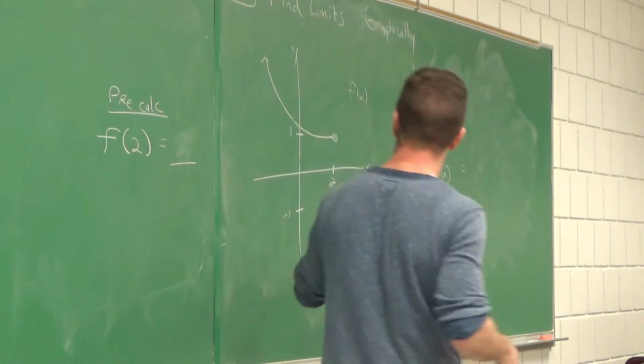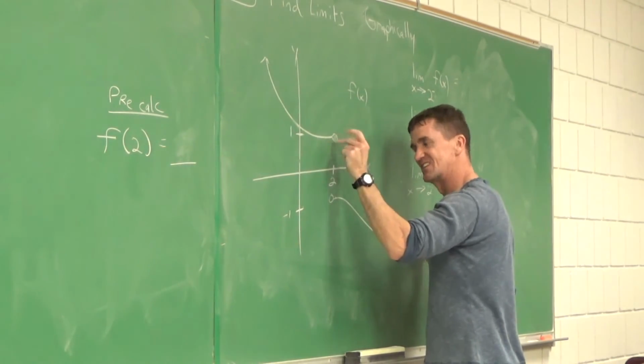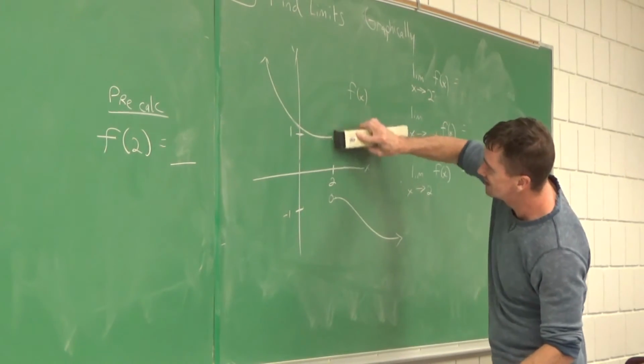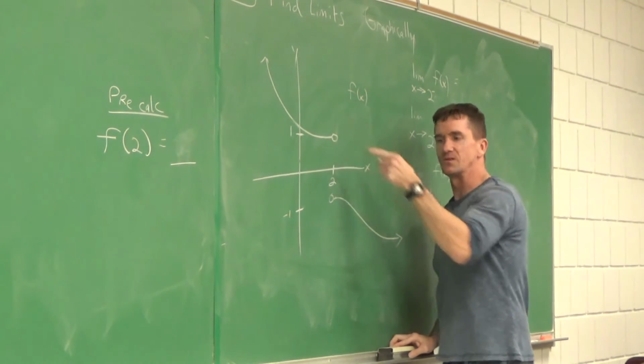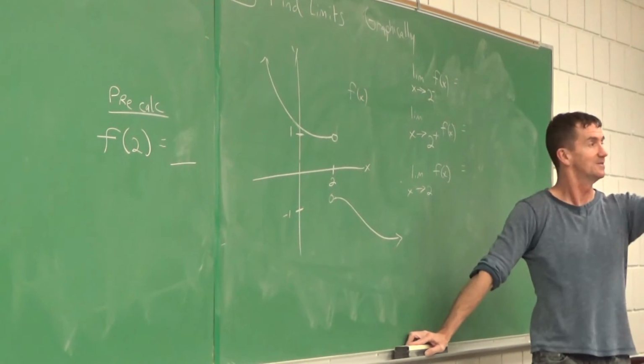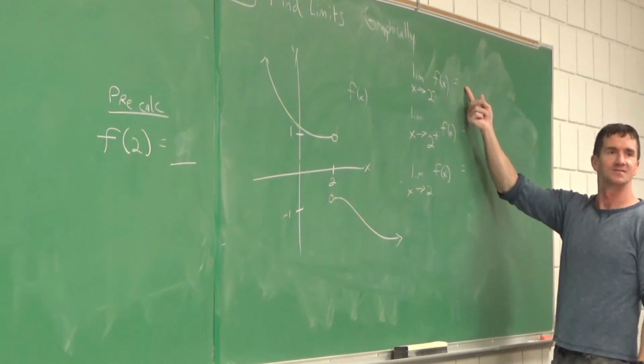So that's not filled in. It looks like there's a hole in there. There's a hole in there. Take that chalk off there. I'll use this to make it go away. There we go. That's better. So I got two open circles there. Hey, it still passes the function test, though, right? All right. What's the answer?